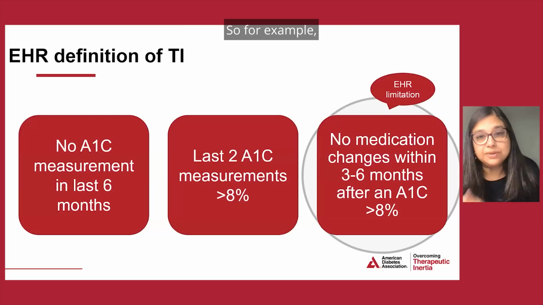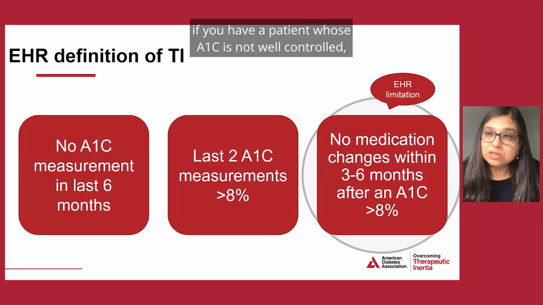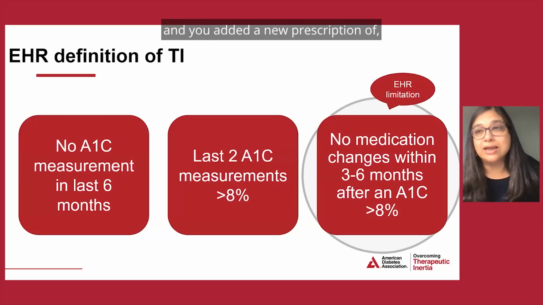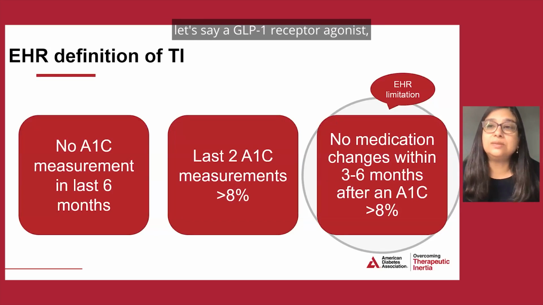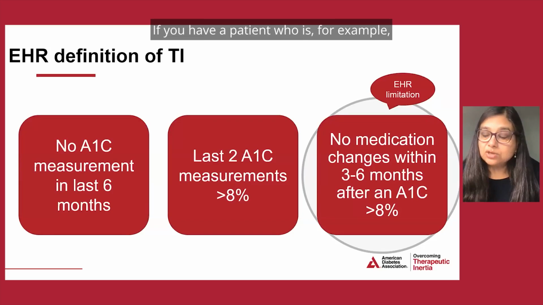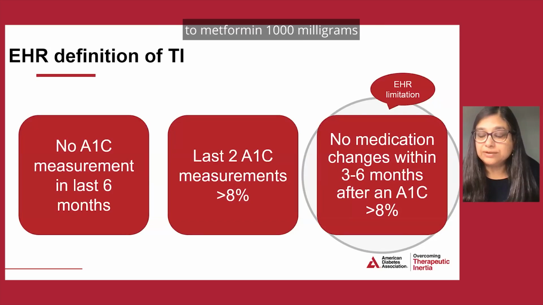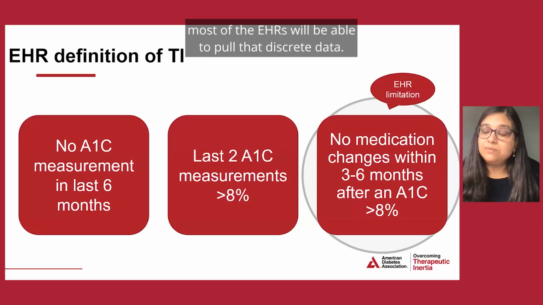So for example, if you have a patient whose A1C is not well controlled, they are on metformin, and you added a new prescription of, let's say, a GLP-1 receptor agonist, the EMR will be able to pull that information. If you have a patient who is, for example, on metformin 500 milligrams, and you escalated their treatment to metformin 1000 milligrams, and you send in a new prescription, most of the EHRs will be able to pull